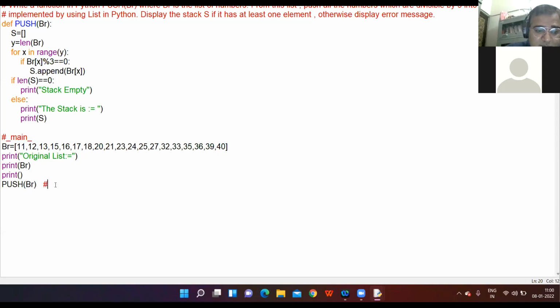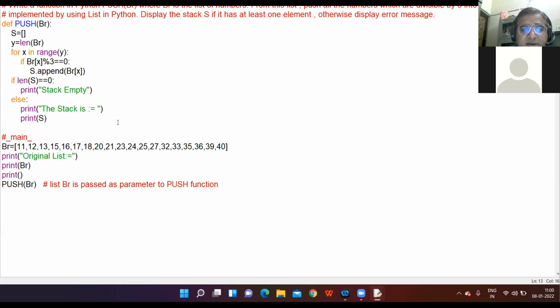List br is passed as parameter to the push function. Okay, and we jump to the push function.